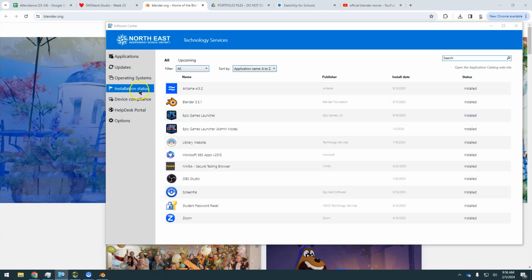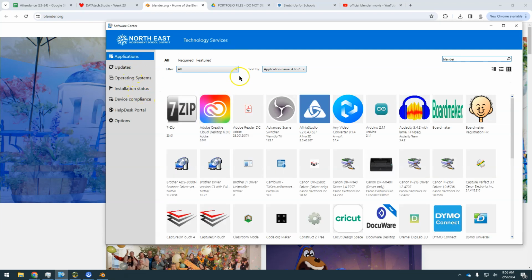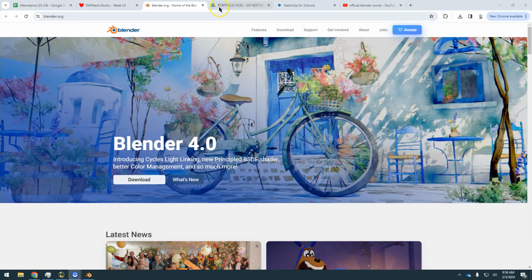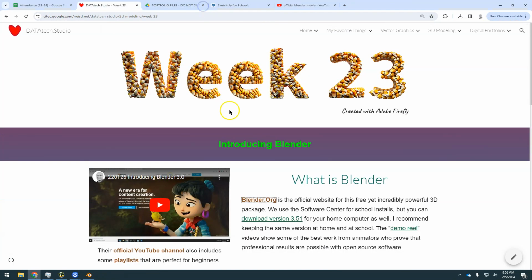And you can see here under installation status, I already have Blender 3.51. Otherwise, you would find it under applications. I will often just sort alphabetically and then look in the B's to see if that Blender icon is there. You can install that on your computer. I'm going to go ahead and close the Software Center, and I'm not going to go into the details of